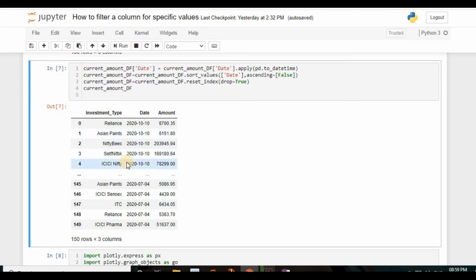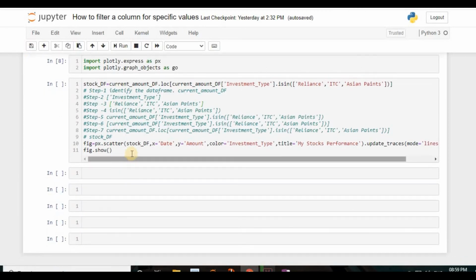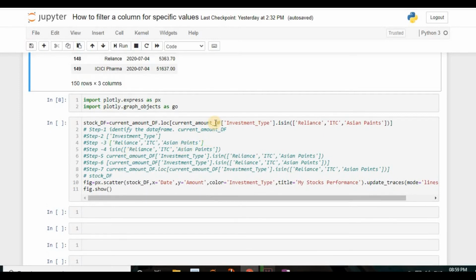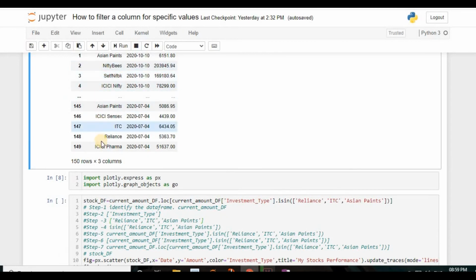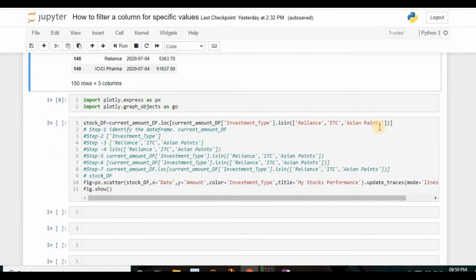So for that reason I'm taking this current underscore amount data frame. From that data frame I want this column name, and from that I want these 3 parameters itself. I don't want all the parameters, because here you have 10 different parameters, 150 rows and 3 columns. So I don't want all these 150 rows. I just want only these 3 things.